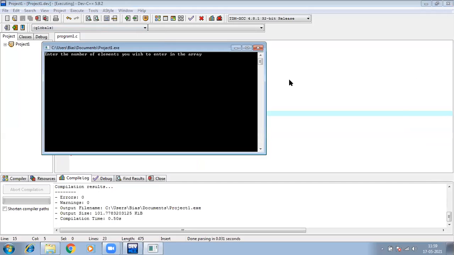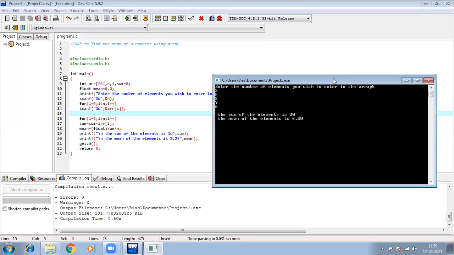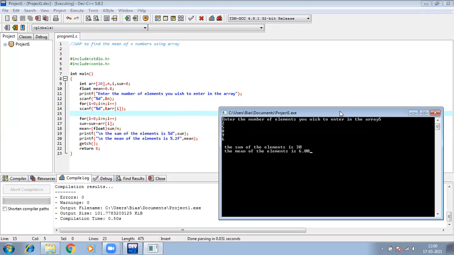Okay, I'm giving some simple values. Okay, 5 elements, 2, 5, 8, 9 and 6. See how my output has two places after the decimal. Earlier it was 5 to 6 places. So the number of places you want to show after the decimal, you write over here. If you write 5, it will show you up to 5. If you write 1, it will show you up to 1. I wanted to show 2 places after the decimal point, so I wrote 0.2.